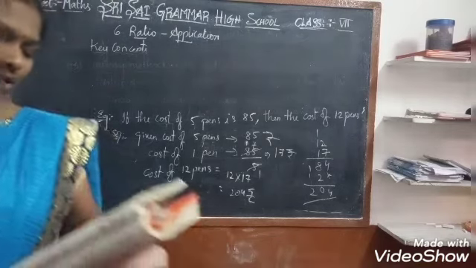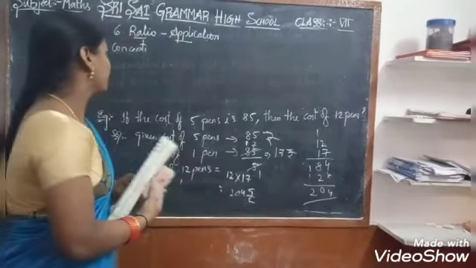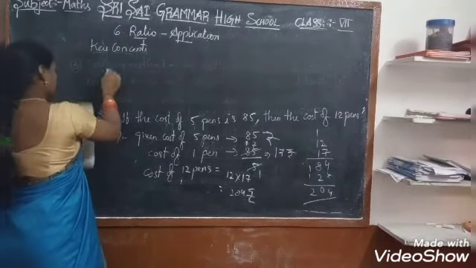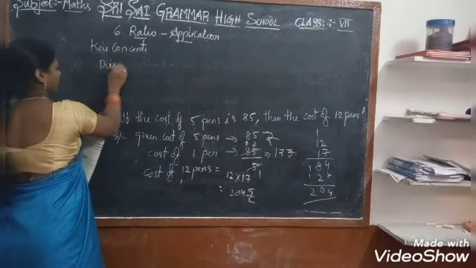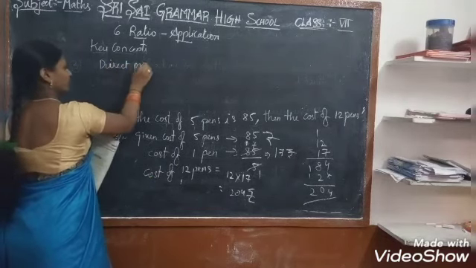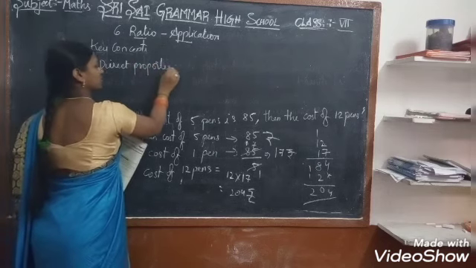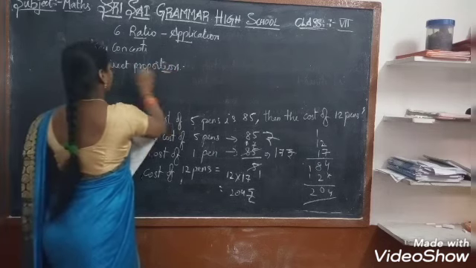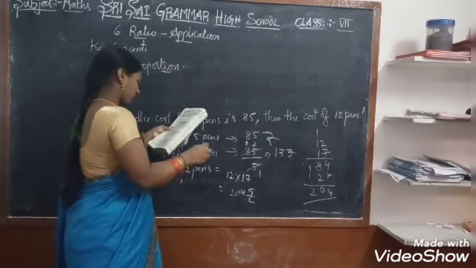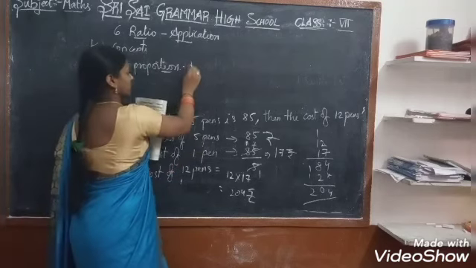Now let us write the definition of direct proportion. Write fast. Direct proportion: if in two quantities,